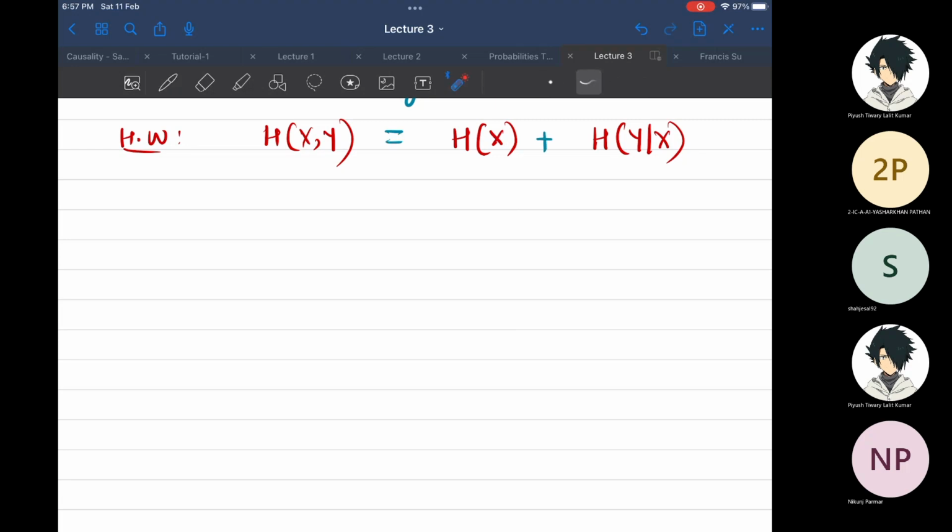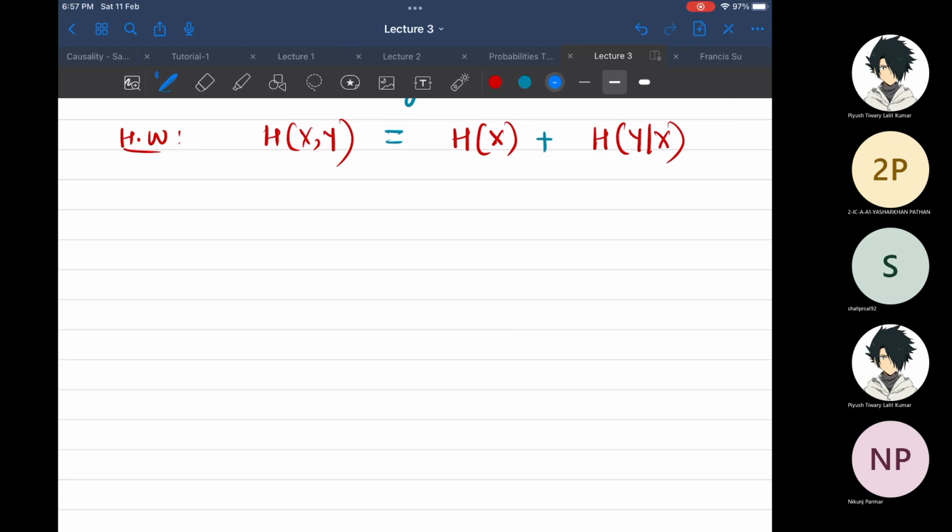So the answer is yes, there is some relation, and the relation is as follows, right? The sum of the marginal entropy, or the normal entropy, and the conditional entropy gives you the joint entropy. I am giving you this so maybe you can try it. You can just try and see how this comes out. Just write down the formula for this, or maybe try to simplify the RHS first and see if it is equal to the LHS. That is a better way to do it. But nonetheless, let me tell you something.